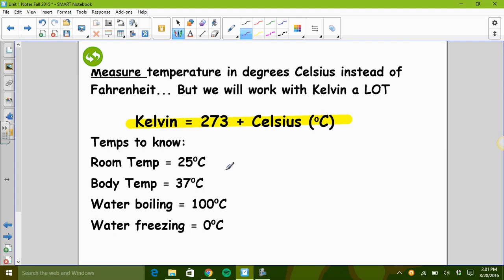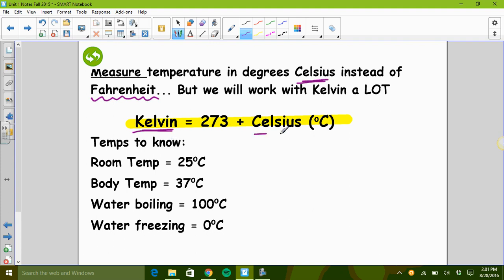So you probably have noticed that I'm not really going to mention Fahrenheit at this point. Fahrenheit is going to be more of a US term or a unit that we use a lot to describe the temperature of a room or even looking at our weather. Celsius, some of you guys might be a little comfortable with, but I want you to get more comfortable with the term Kelvin because that's the unit of temperature in chemistry.